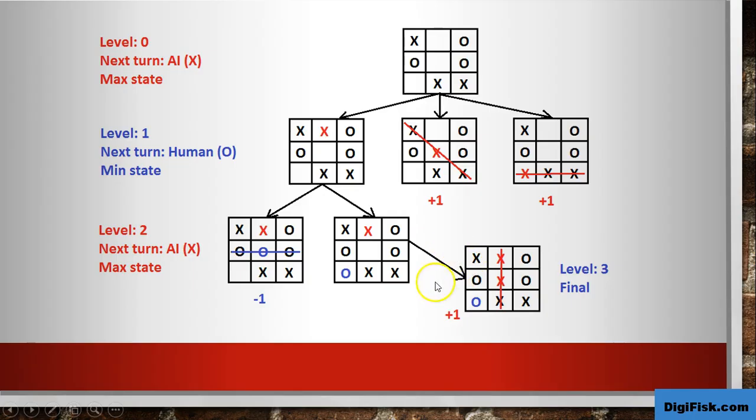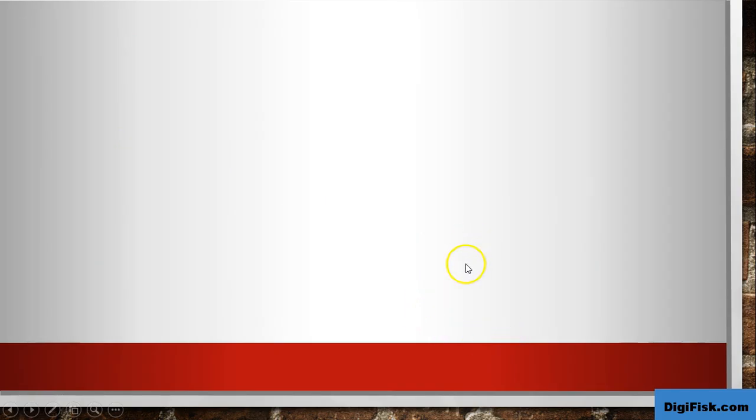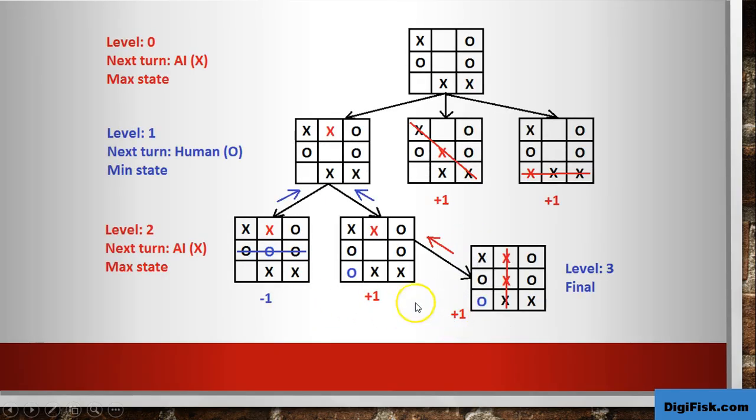So first of all, let's start tracing back from the last level, that is level 3. As you can see here, we go here. So once we go here, there's only one particular terminal state for this, and so this particular node will automatically take the utility of this particular leaf node. Okay, so the utility of this particular branch node is +1. So now we are at the second level, and in the second level both the nodes have utilities, so -1 and +1. So we can go further up to level 1 because now we have utilities,